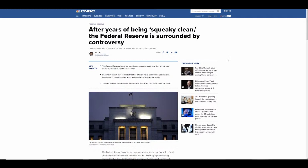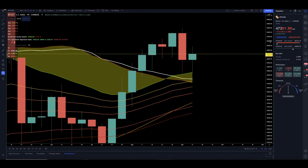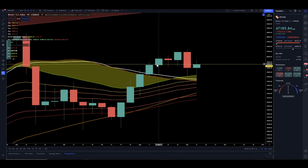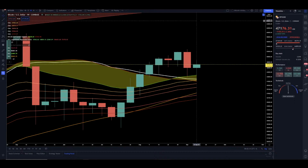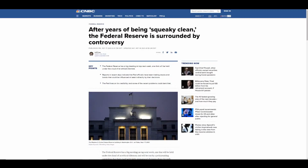If this puts pressure on the stock market, it's going to put pressure on crypto in general. Right now, Bitcoin's been going sideways for quite a while. This is on the weekly chart. So it's been going sideways for 1, 2, 3, 4, 5, 6 weeks. So if the market goes down because people are kind of scared of what the Fed is going to possibly